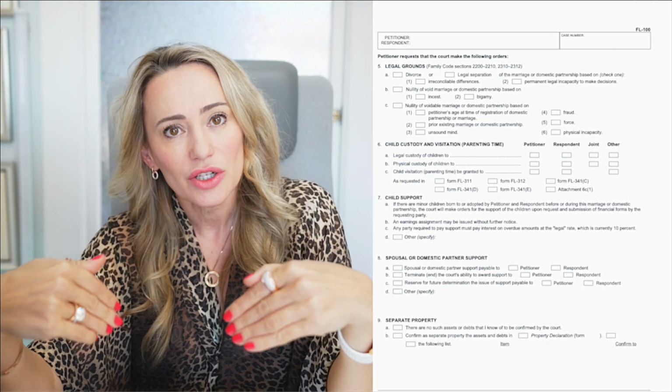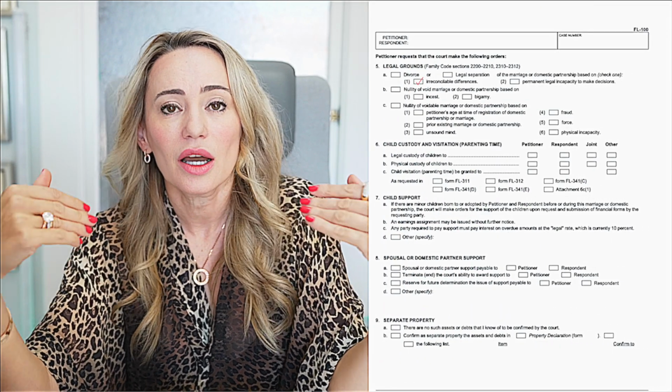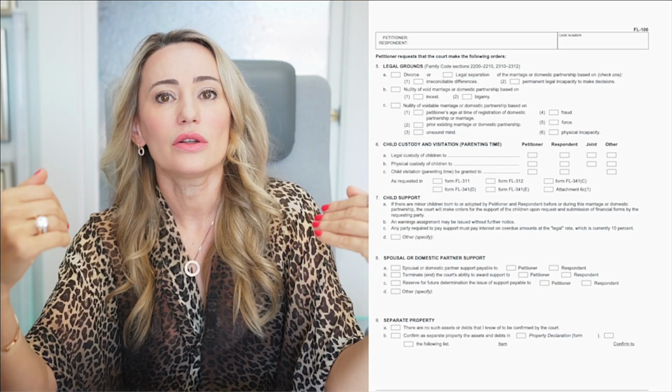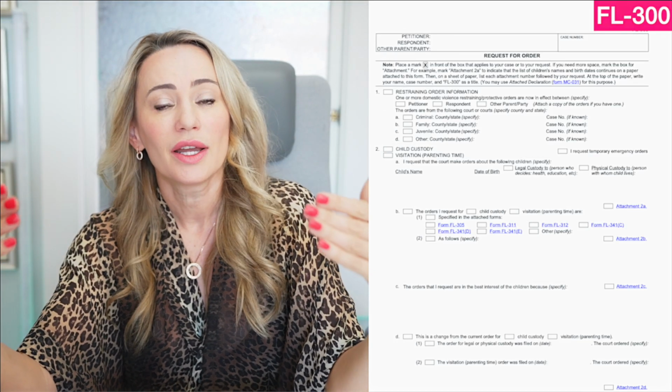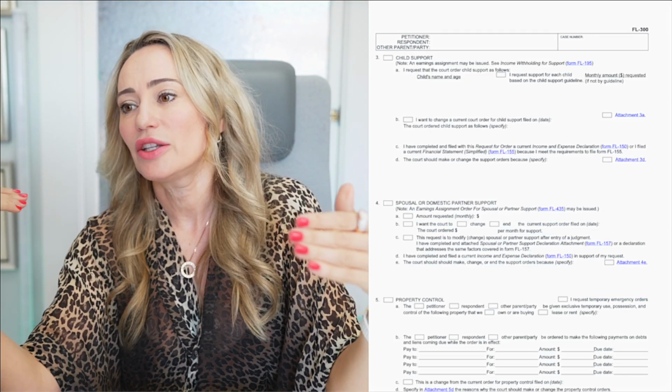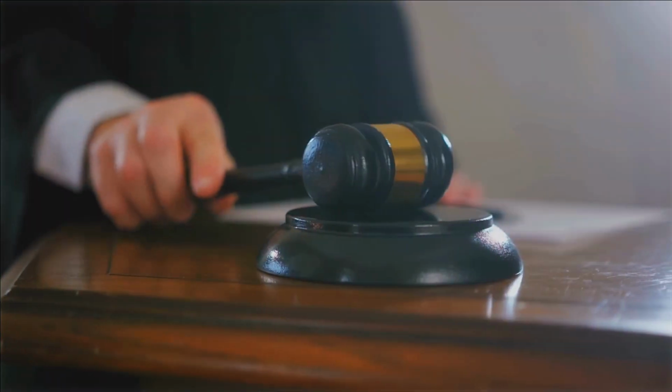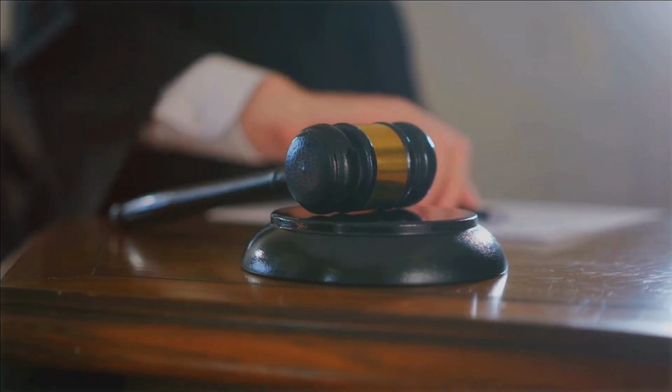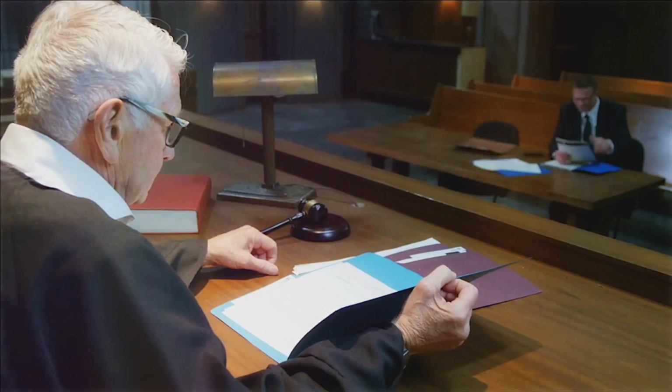Annulment is not something that's going to be granted just like that. Usually, when you check this off in the form FL100, what will happen? Nothing until you actually file FL300, request for order. And if you request an annulment and the other side says, no, I would like divorce, then the court will set an evidentiary hearing, a so-called trial, a longer cause hearing, which can last from 3 hours to several days.